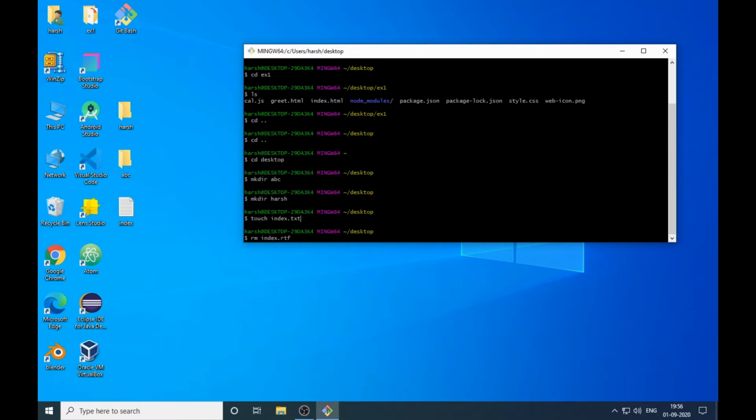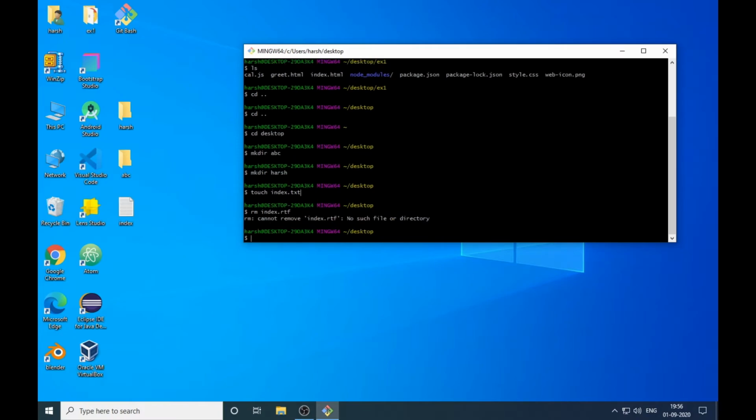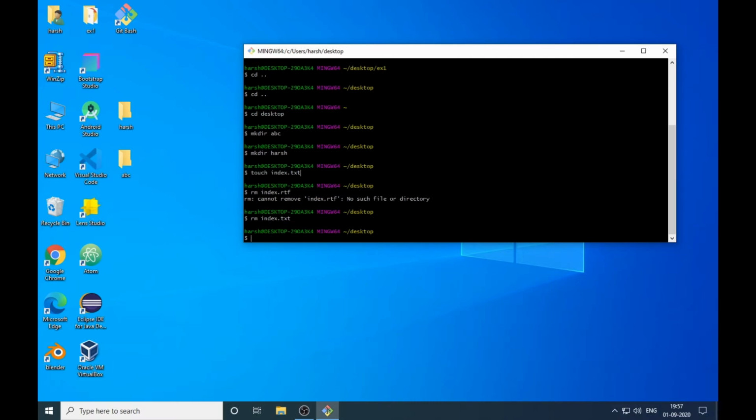So click enter. Okay, so I misspelled it. It is rm index.txt. The full name is index.txt. So enter this and your file will get removed. Awesome. That is for a file. If you want to remove any file, then you have to apply remove, which is rm, and index.txt, which is the name of the file.